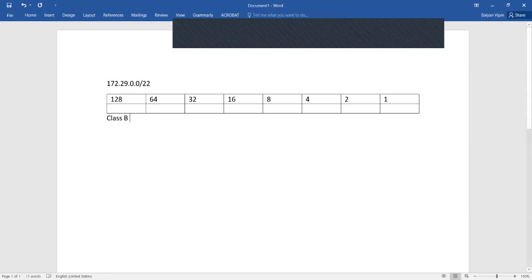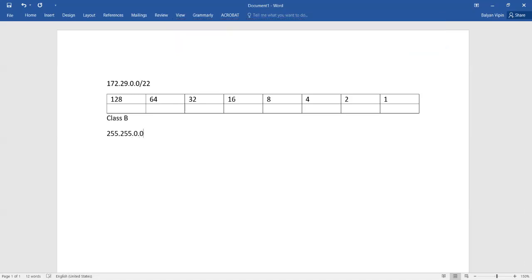And therefore, our subnetting will be of this form: 255.255. dot, which means you are going to do something in this area. Now it is saying that you have the number of subnetting bits as 22.